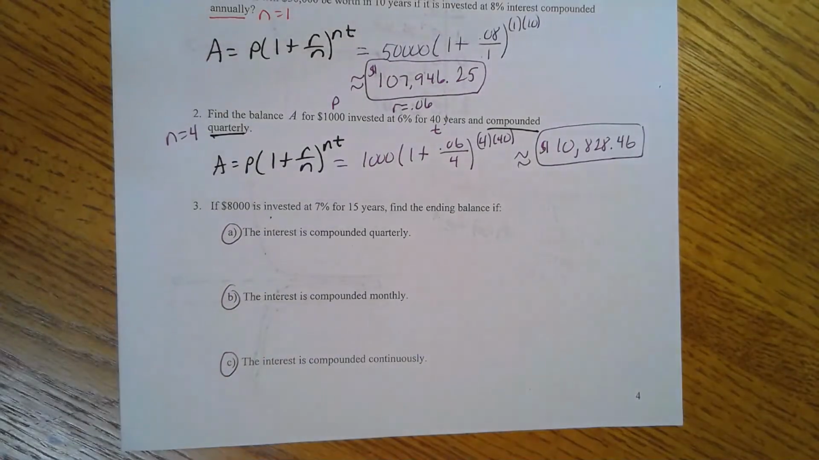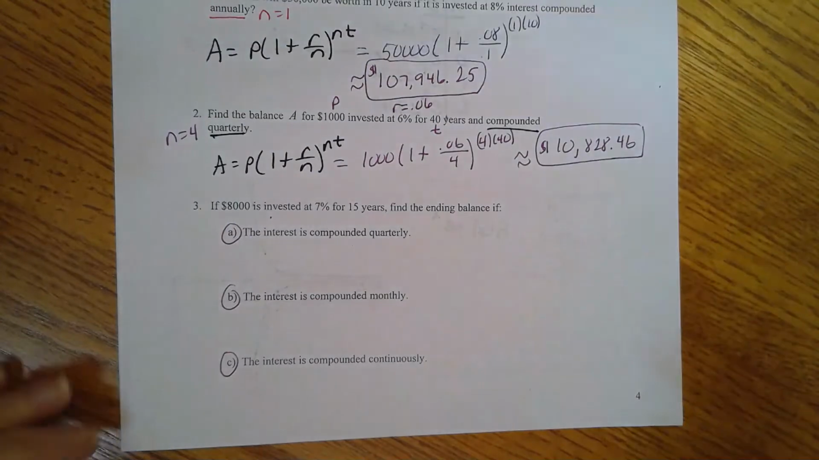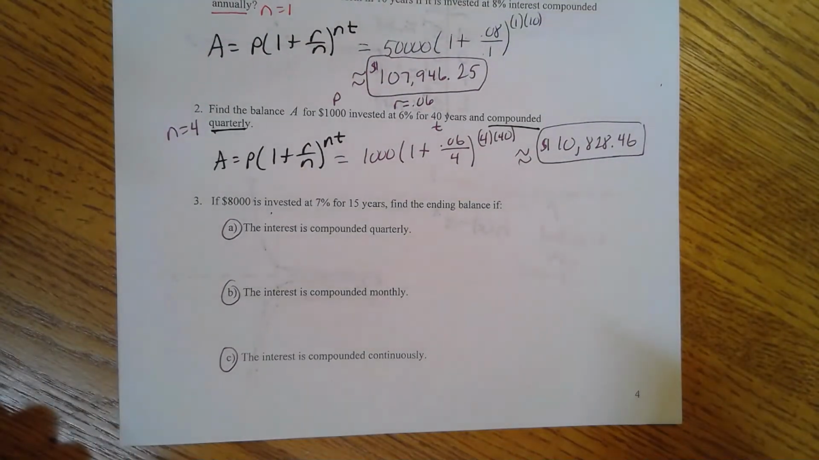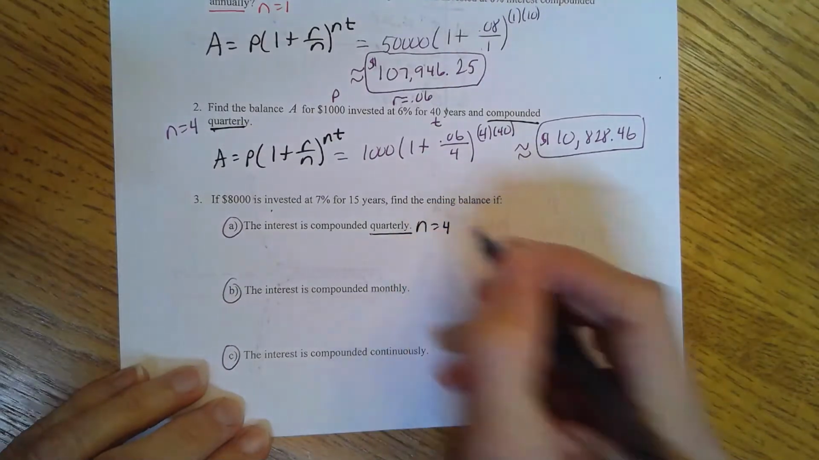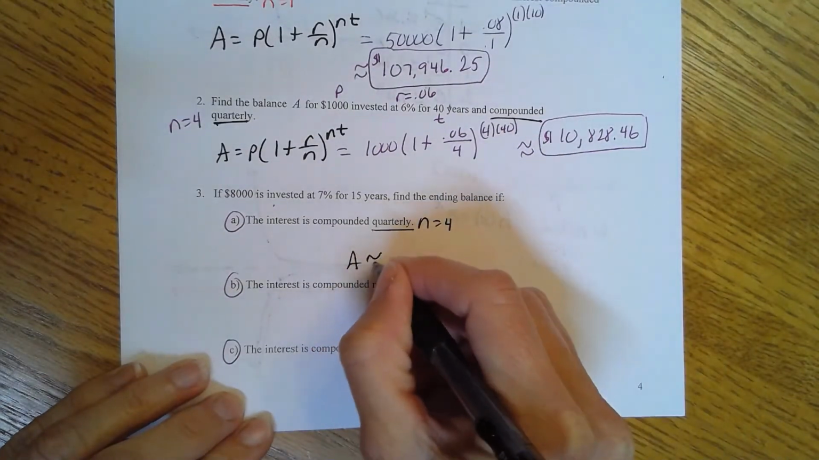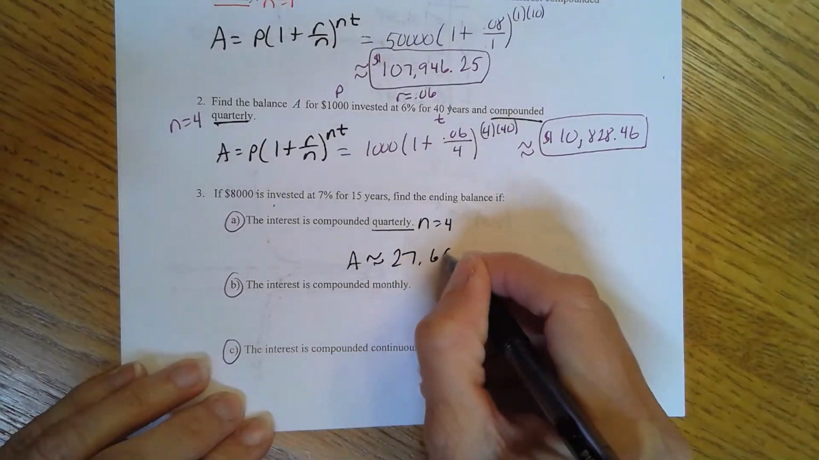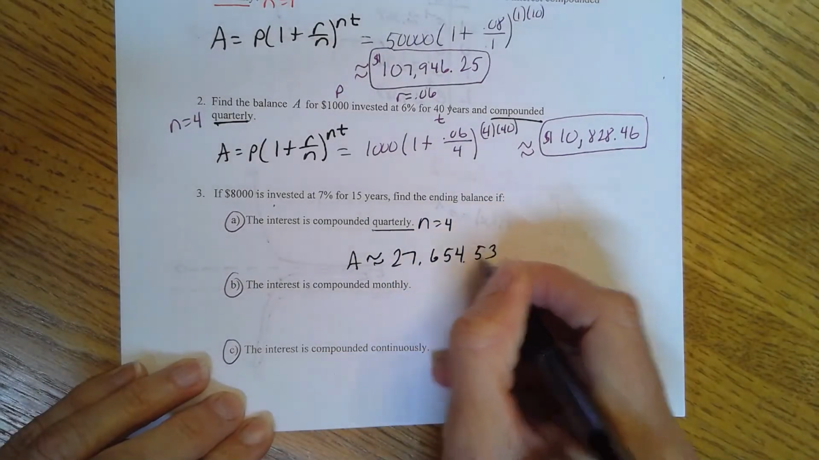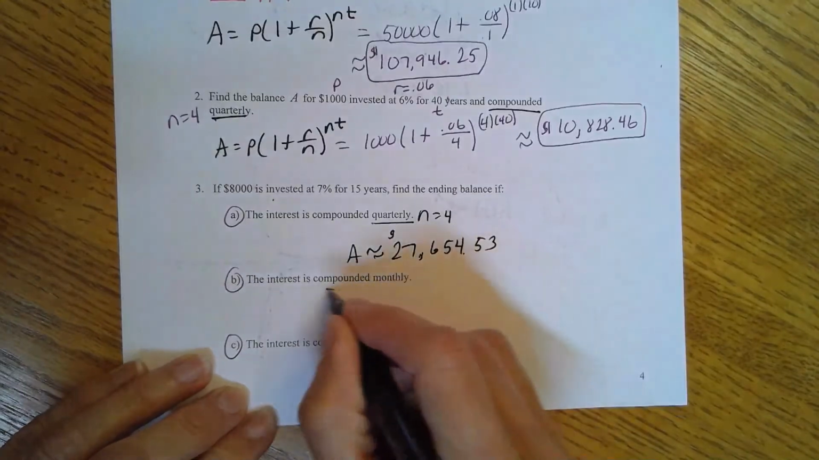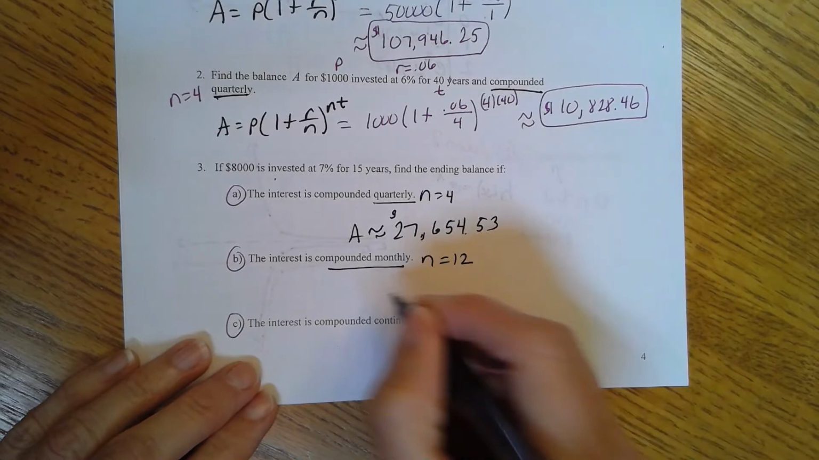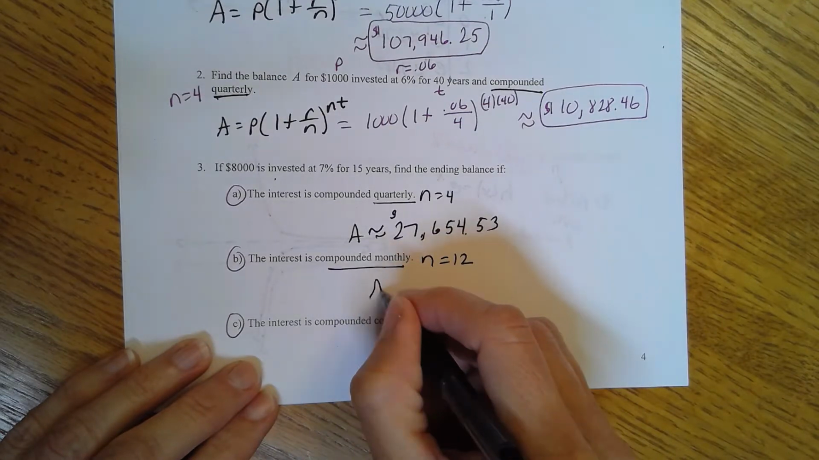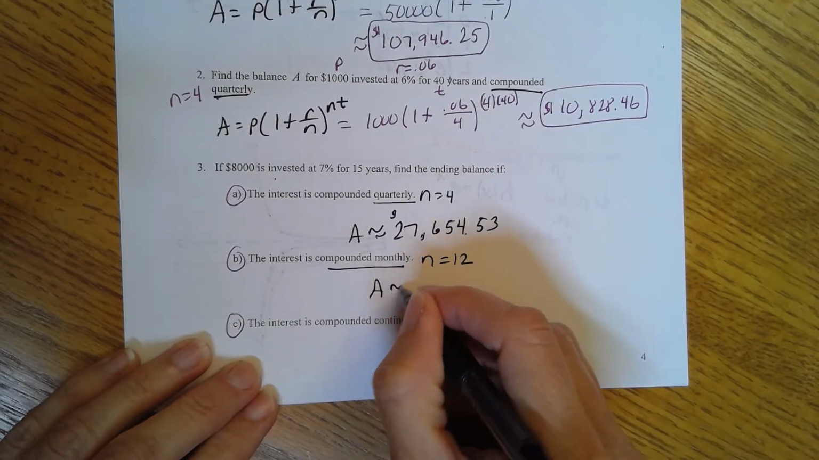From the last section, we asked you to bring back a couple of problems to me with answers, so I'll go ahead and give you the answers. On page 4, if you had $8,000 invested at 7% for 15 years, compounded quarterly, N would have been 4. So you would have gotten A is approximately $22,654.53. And if compounded monthly, N would have been 12. So A would have been approximately, rounding to the nearest cent,